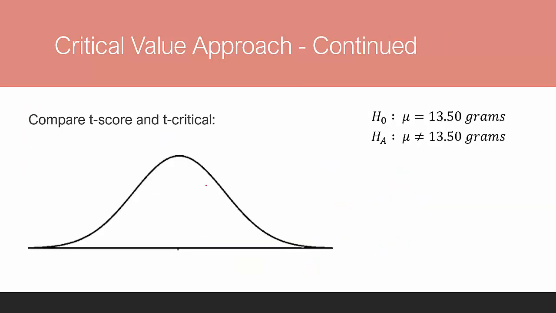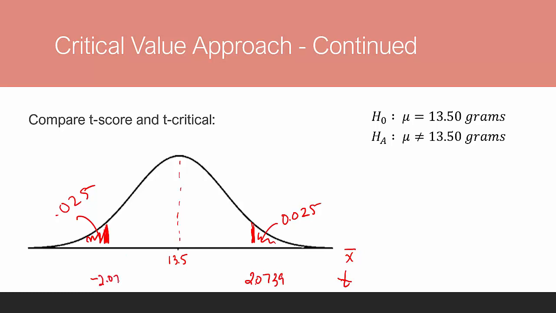We should always put this on the picture because it's just easier to see. Our 13.5 was our hypothesized mean. We've got 2.5% in each tail. The t-critical value demarcates these rejection regions. So we need to be at least 2.0739 standard deviations above the mean or minus 2.0739 standard deviations below the mean to be able to say that our sample value is way far away from